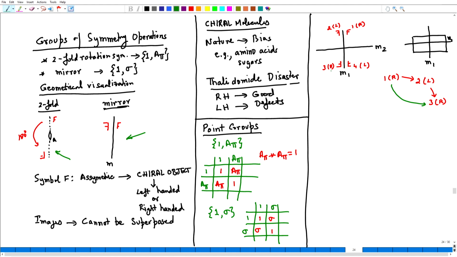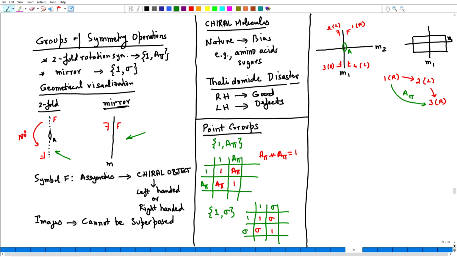So, if you look at this diagram more carefully, there is a two-fold rotational symmetry right where the two mirrors intersect. I can denote that as point A. So, this is at the intersection of the two mirrors M1 and M2. I have essentially a rotational operation of A pi right there.